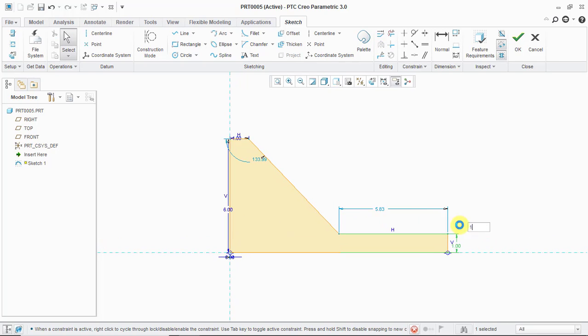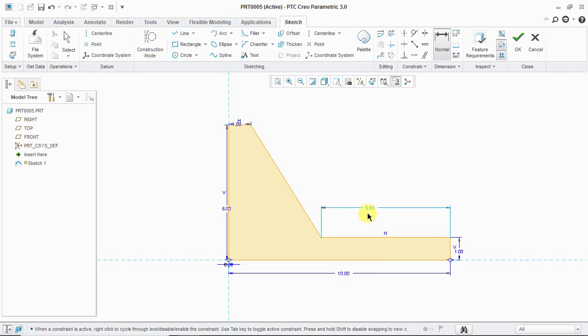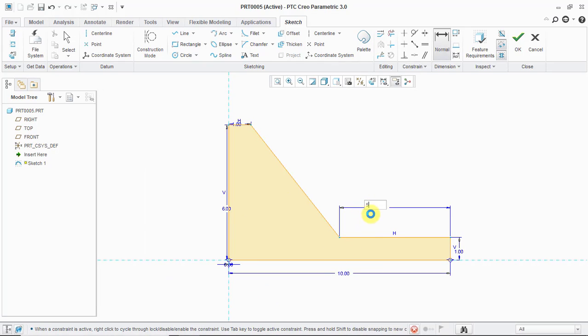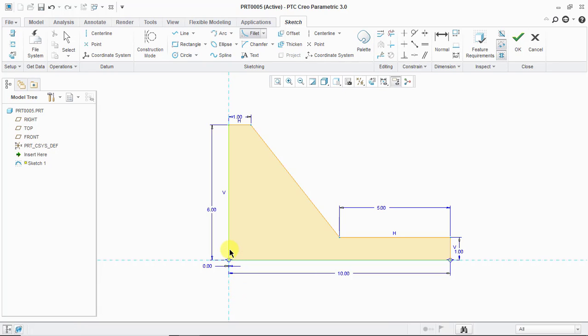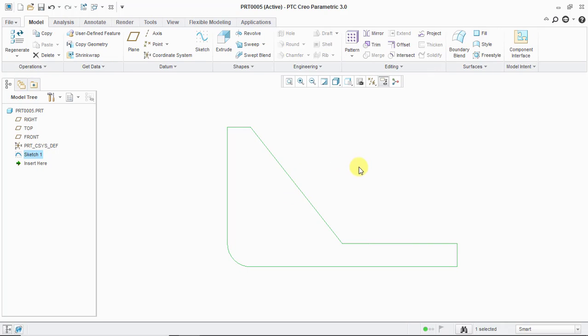this is 1. The total dimension is 10 inches, and this distance is 5. Okay, 6, 6, 1, 5, and 10, and we need around here. So click fillet, first, second, and click on 1, and here we completed the